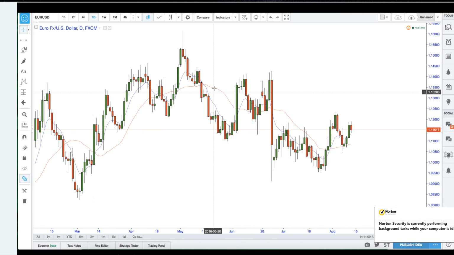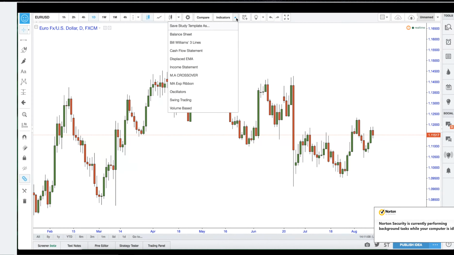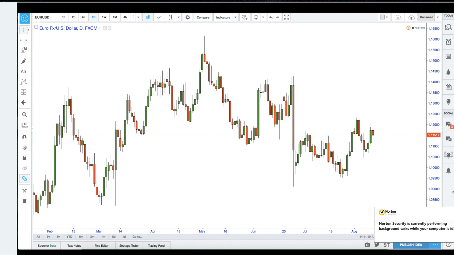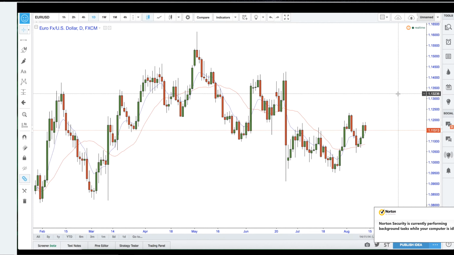So let's try that. Let's just delete these. Delete, okay. Instead of setting it up from the ground up again and going through all of that mess, we can actually simply go to the preset MA crossover. And there we go. Moving averages are on there. So that's that saved. It's got our time frames, we've got our moving averages. We've gone into the delete tool and go in and using the undo button and the forward button.